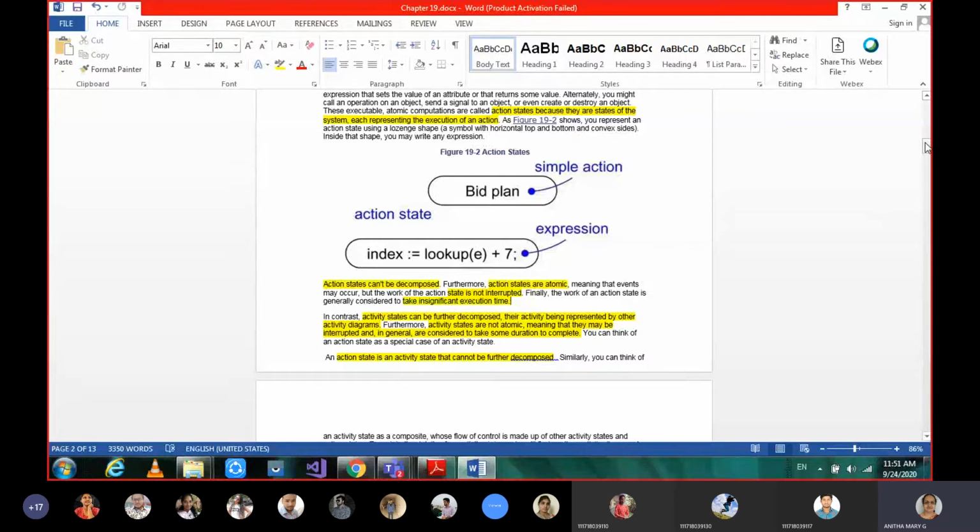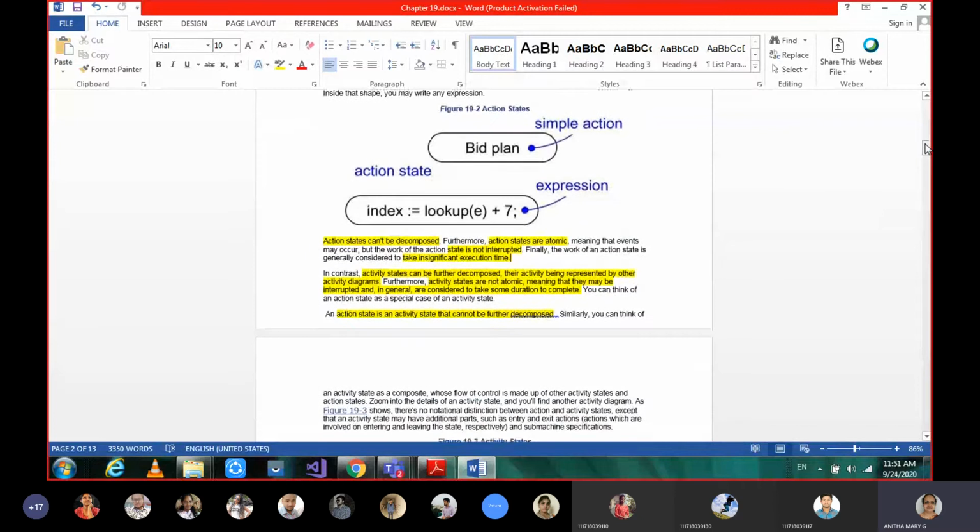Moving on to the activity state. Activity means they are not atomic. Not atomic means they can be further decomposed, and interruption can be allowed in order to accomplish the purpose of that state. Such things we call activity states.